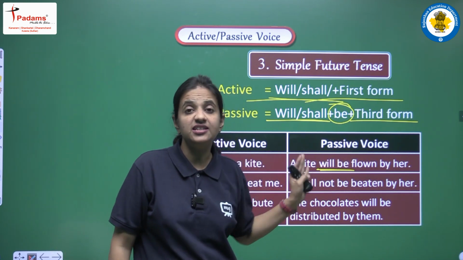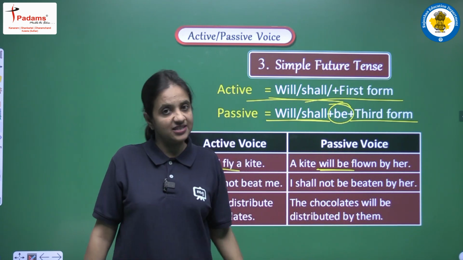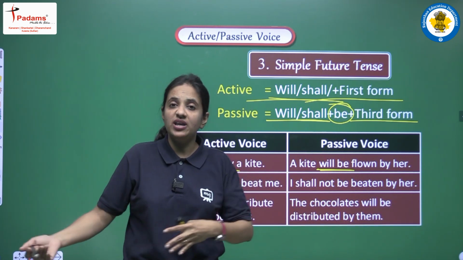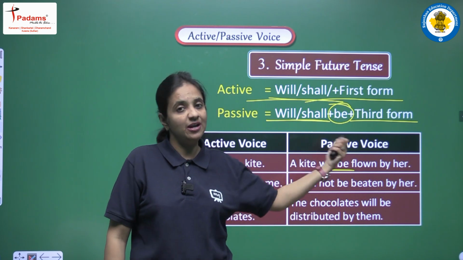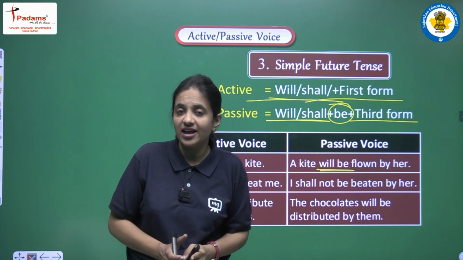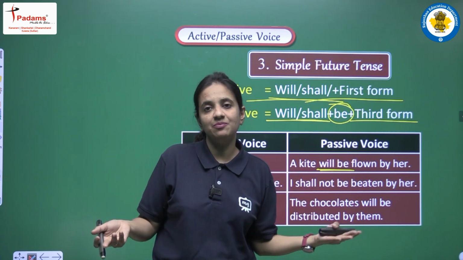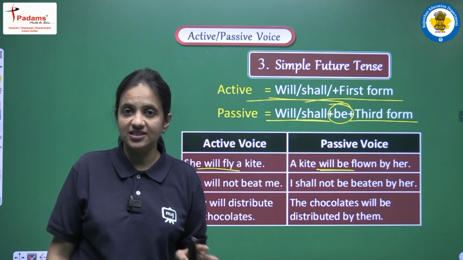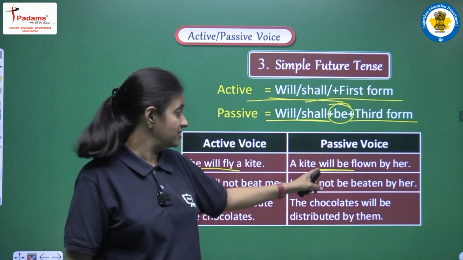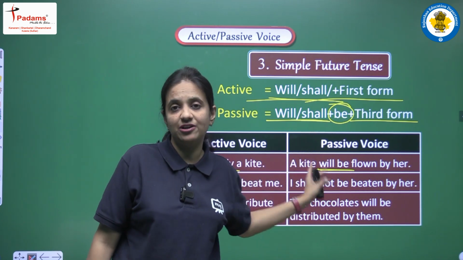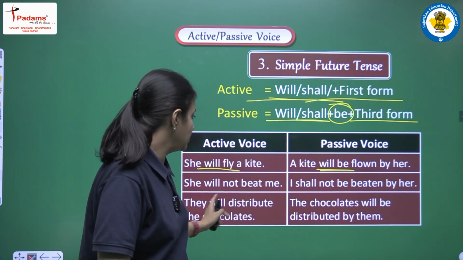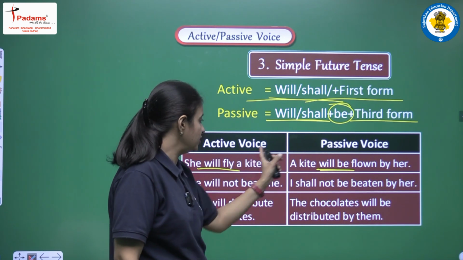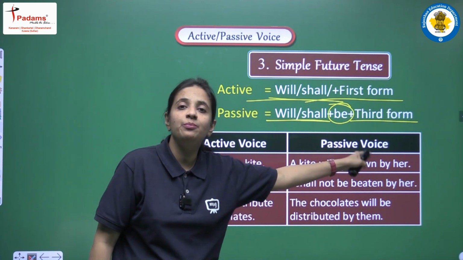I am not discussing the structure now because I hope that is clear to you all. In the previous video we have discussed the structure of active and passive voice in a very detailed manner. We have seen so many examples, we have done a proper analysis of the structure. So now I am just discussing the changes of the helping verb that we are doing here, right? So now we are having will. So in passive voice we are adding will be.